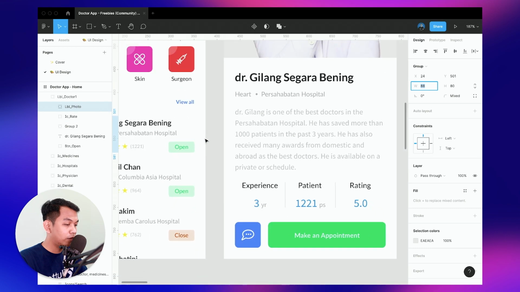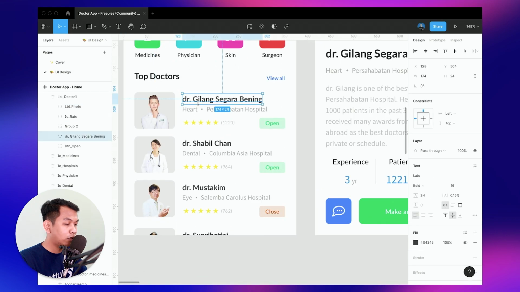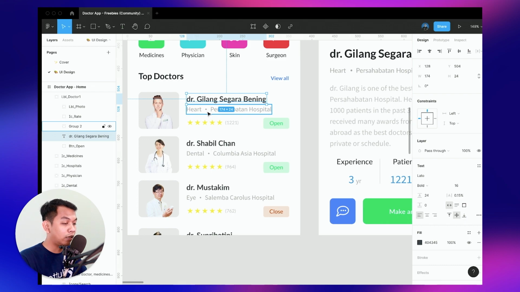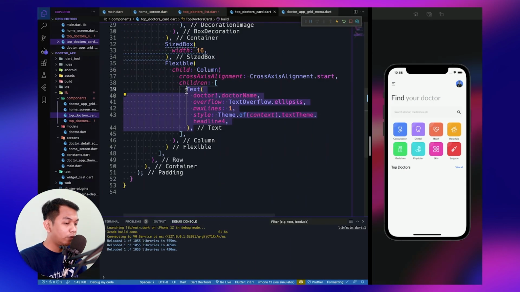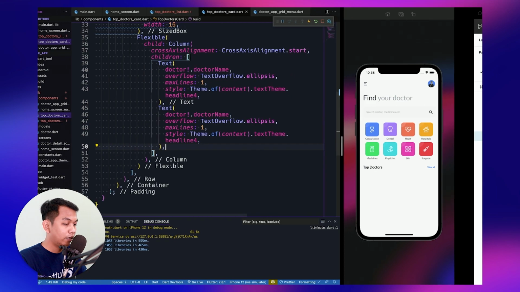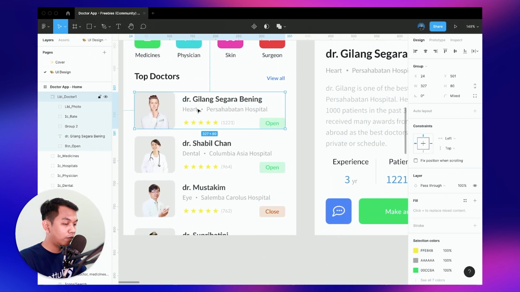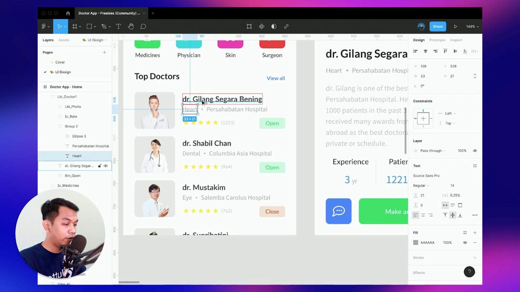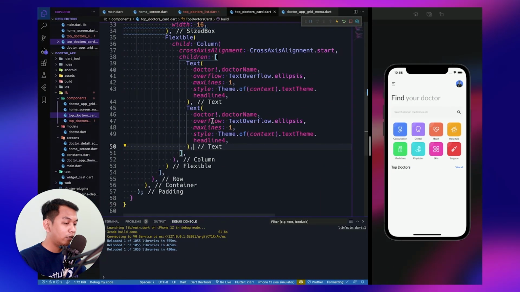Below our doctor name, we have doctor specialty and doctor hospital. So I think we need to copy this and paste here. Below our doctor specialty, we have a little padding, but now we don't give a little padding right here, but we need to change this to $ sign.